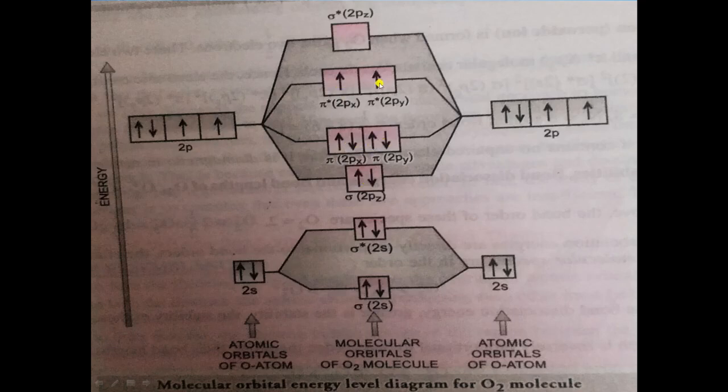Now you will observe that there is a change in the molecular orbitals. In the previous energy level diagram, sigma 2pz was present above pi 2px and pi 2py. But for the oxygen, fluorine and neon molecules, there is a change. For oxygen, neon and fluorine, you draw the energy level diagram for the p orbitals this way: sigma 2pz will come below, and pi 2px, pi 2py will come above sigma 2pz.